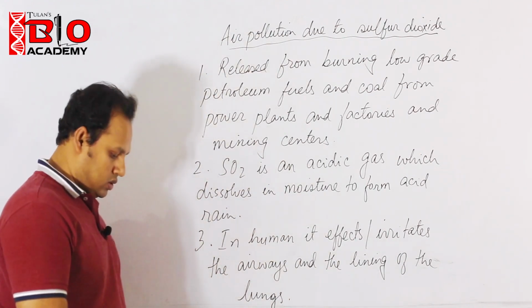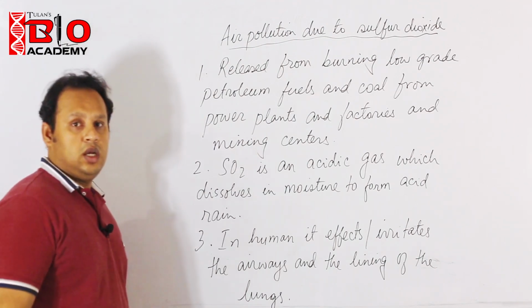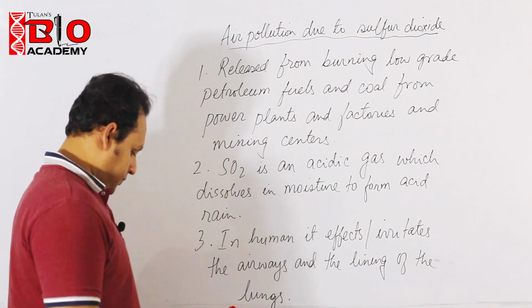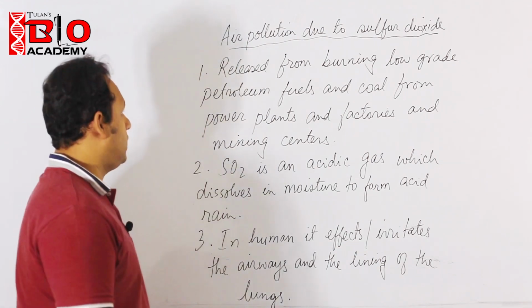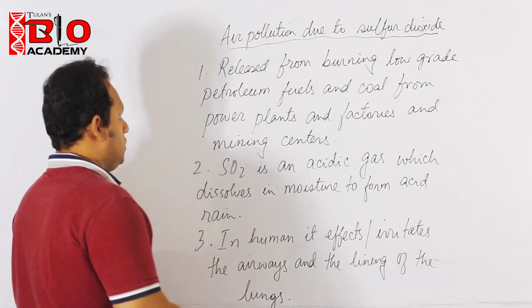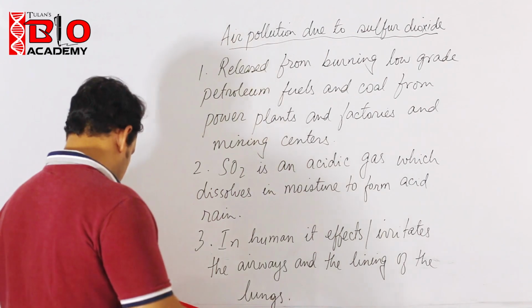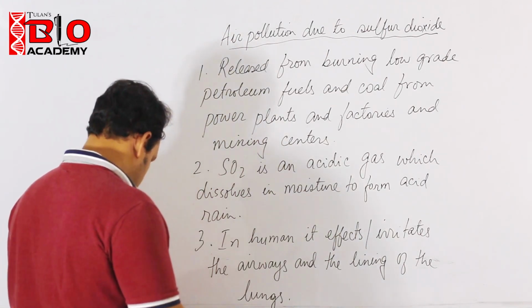Prolonged exposure to sulfur dioxide can even cause lung cancer and other sorts of respiratory illnesses such as bronchitis. So this is air pollution due to sulfur dioxide, and then you have air pollution due to the oxides of